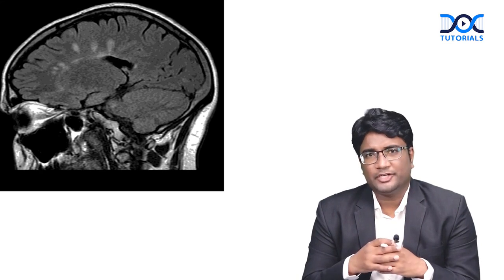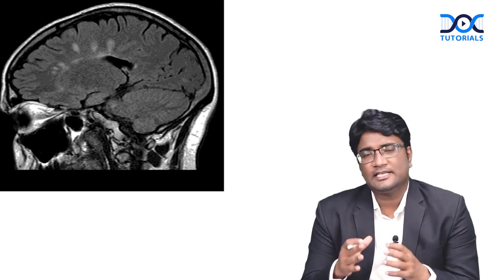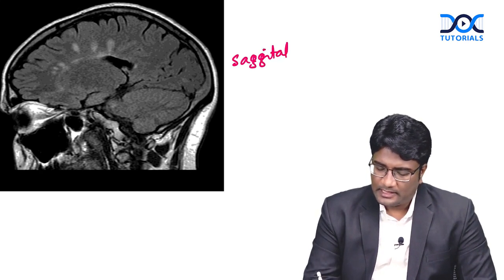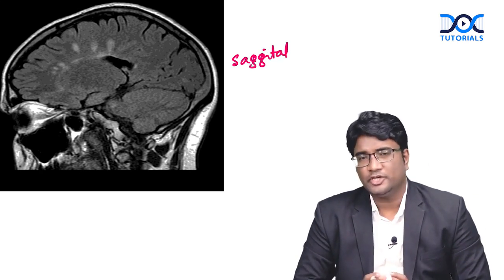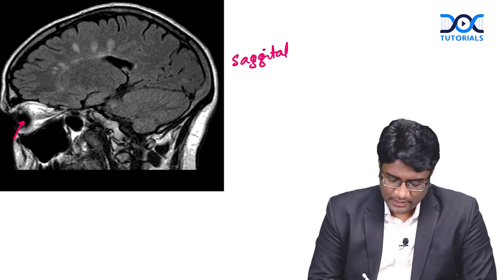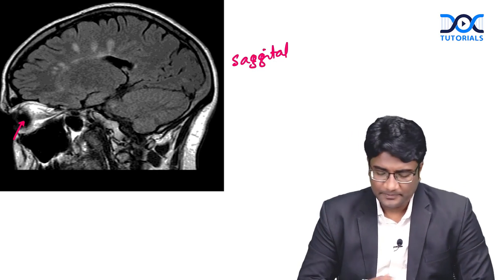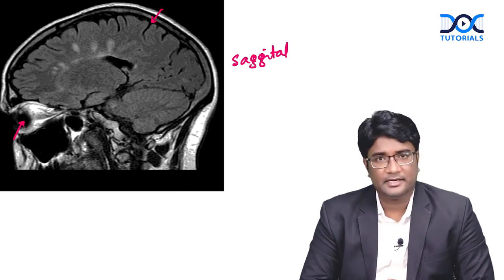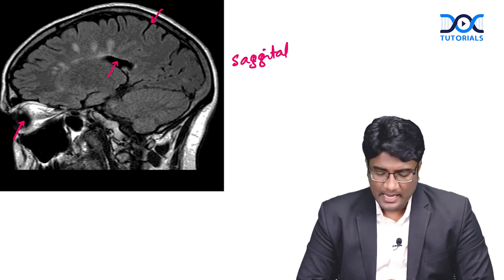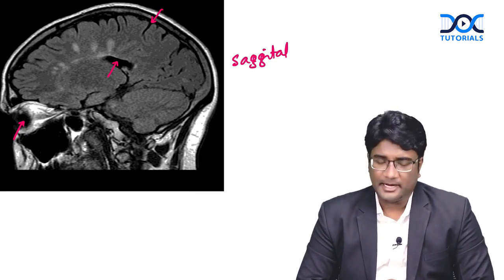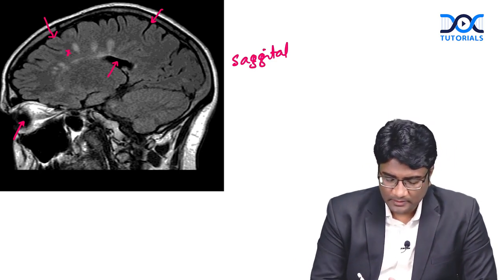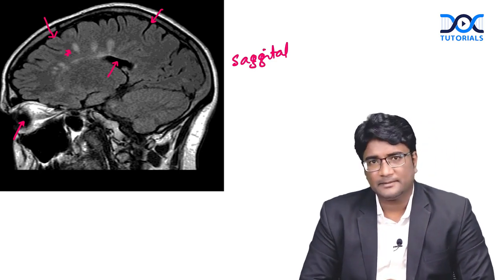And what is this image here? What section is this? Is it axial, sagittal or coronal? I hope you all know this is a sagittal. Is it a T1 weighted image, T2 weighted image, or anything else comes to your mind? If you look at the vitreous of the eye, that is dark. The sulcal spaces are appearing dark. Even the CSF in the ventricles is appearing dark. And the outer gray matter is slightly brighter than the white matter. The white matter appears dark.